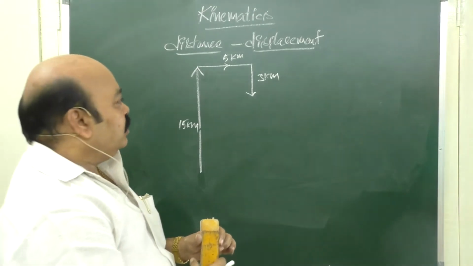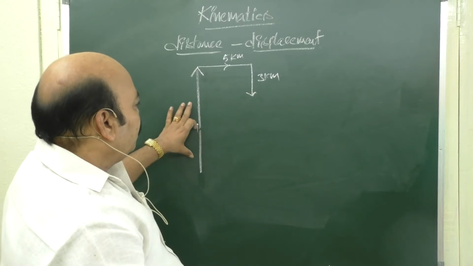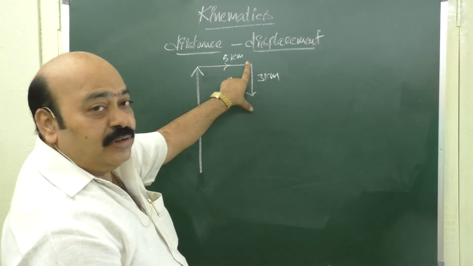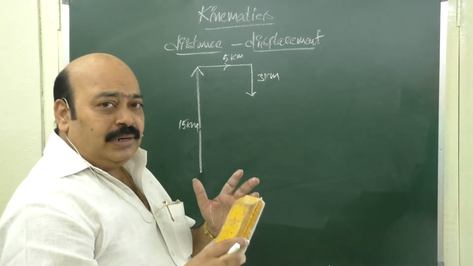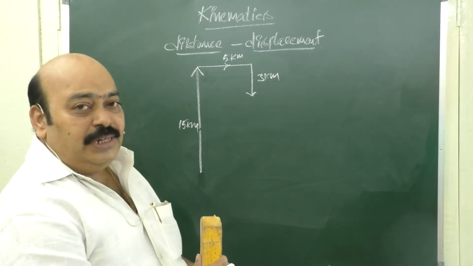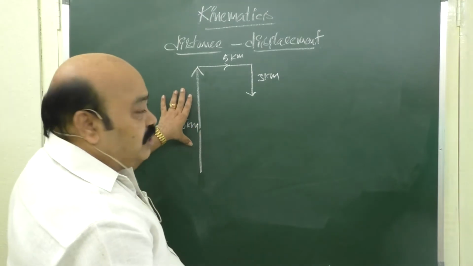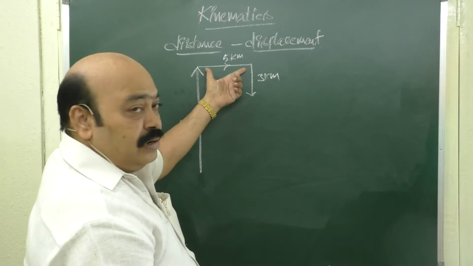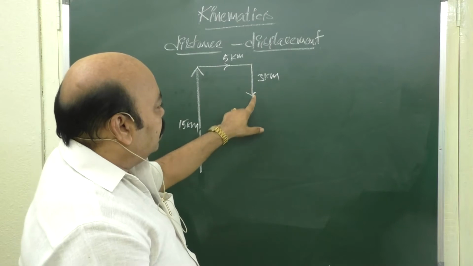Yes, I would like to test your basic geometrical knowledge. 15 kilometers towards north, 5 kilometers towards east, and then 3 kilometers towards south. In this case, what will be the total distance travelled by the body and what is the displacement of the body? Let us observe carefully. Be thorough with these directions. This is northwards, exactly right angle between the north direction and east direction, and then it is exactly right angle to the east and south directions also.